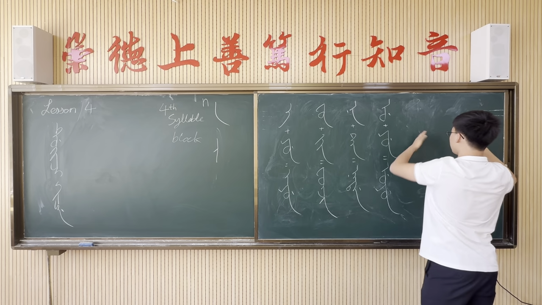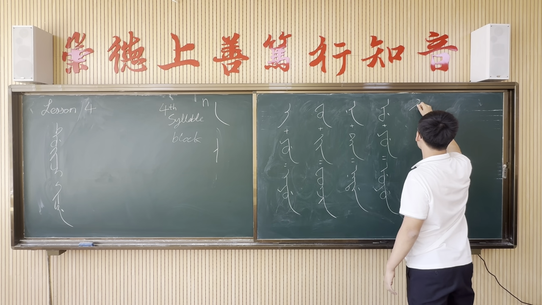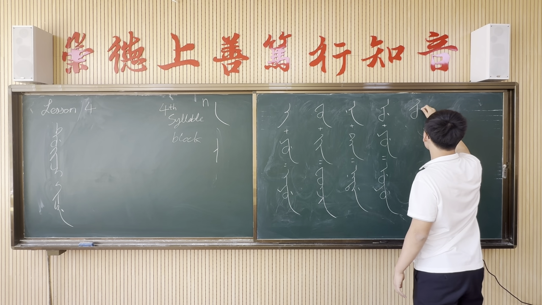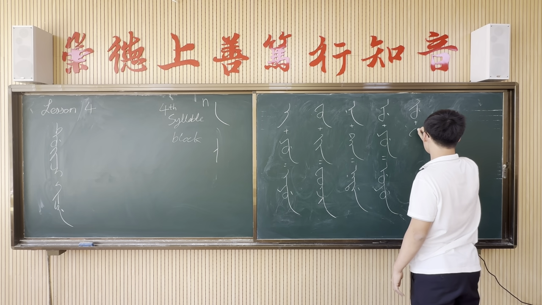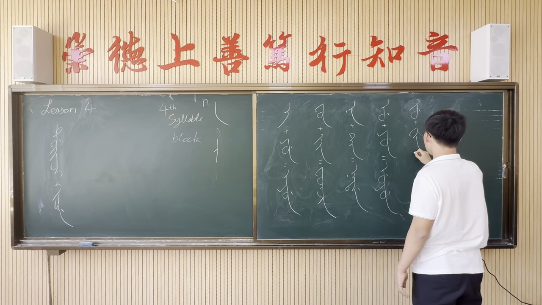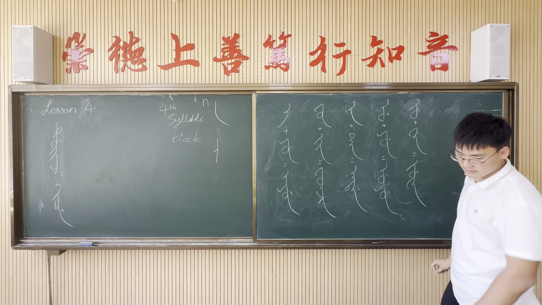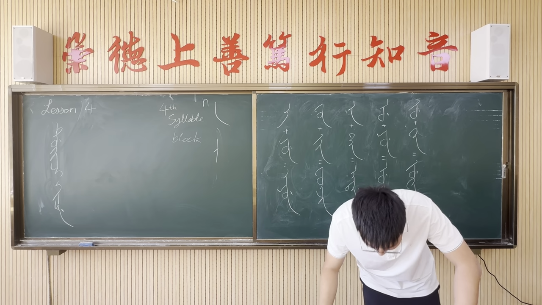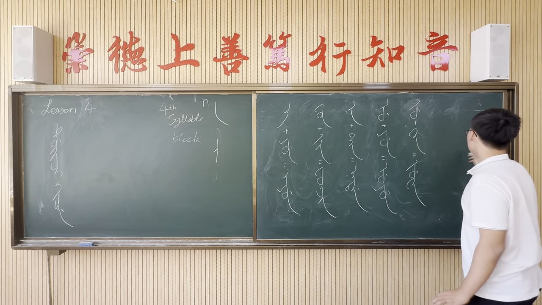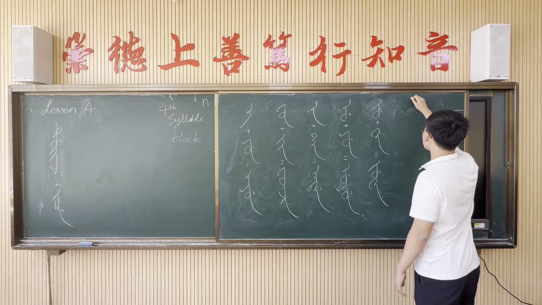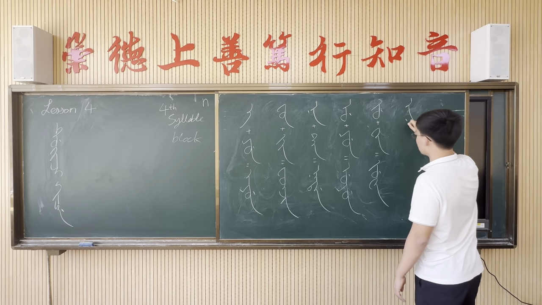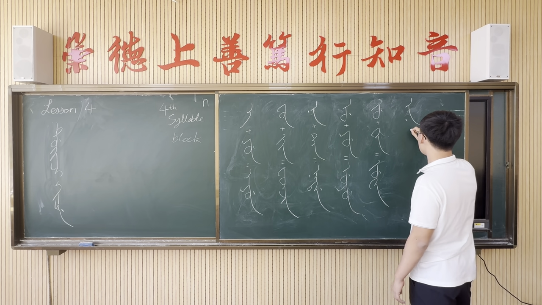Oops, I forgot to split it. So Zhu plus 1 equals Zhuan. Zhuan means 10. Last we have Ri. So Un plus